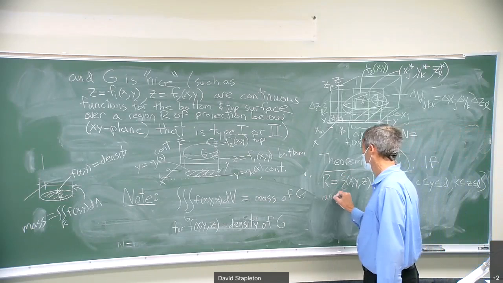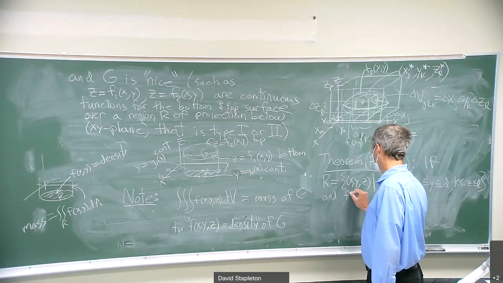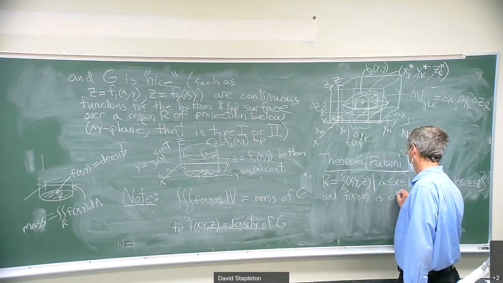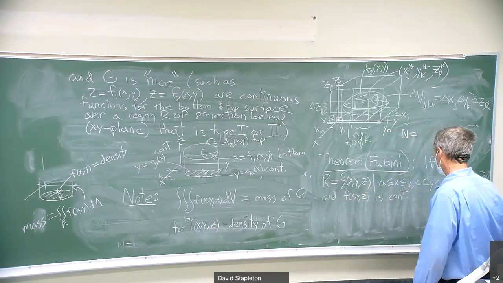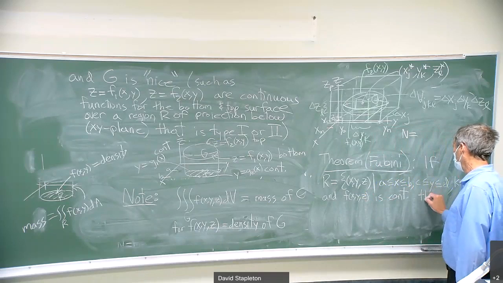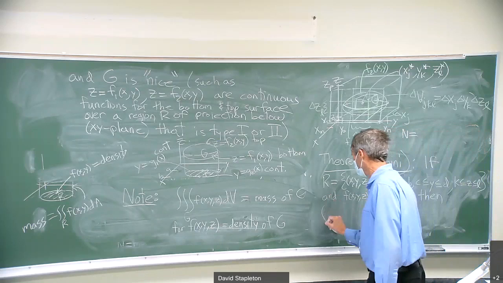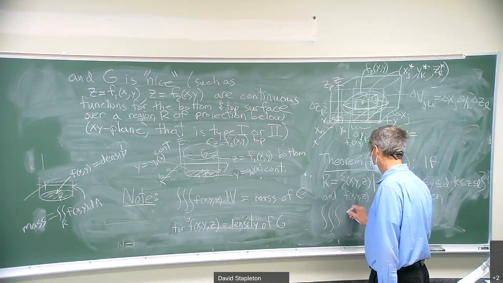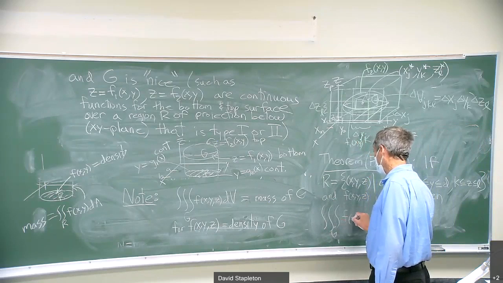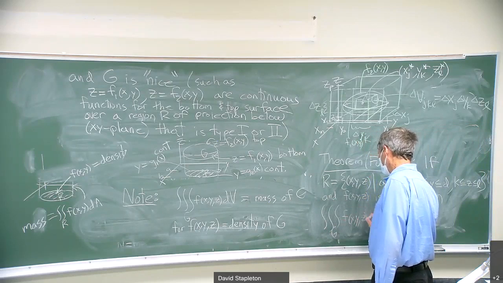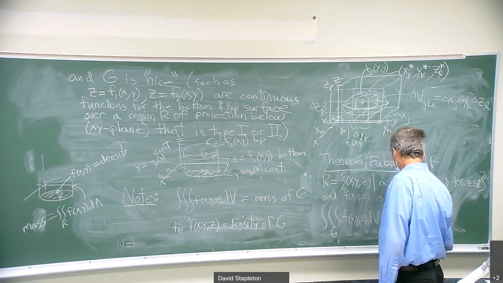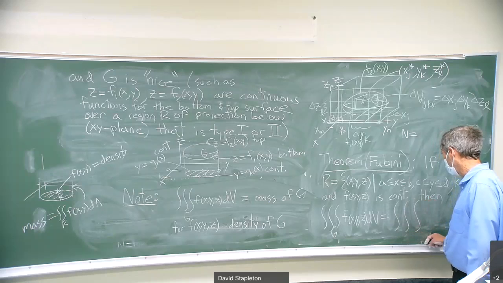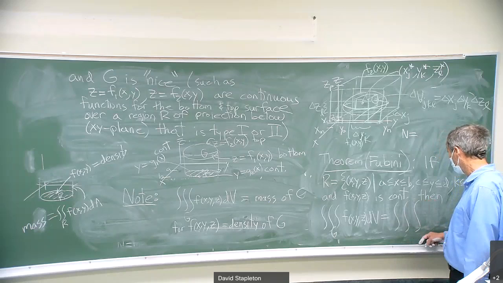And f is continuous on the region, I don't care what it does outside. Then the value of this triple integral, which could be quite, who wants to do the limit of a triple sum like that, right? It's just terrible to try and evaluate it from the definition. But Fubini says, by magic again, that you can evaluate it as an iterated integral, just like for double integrals, you did an iterated integral, where